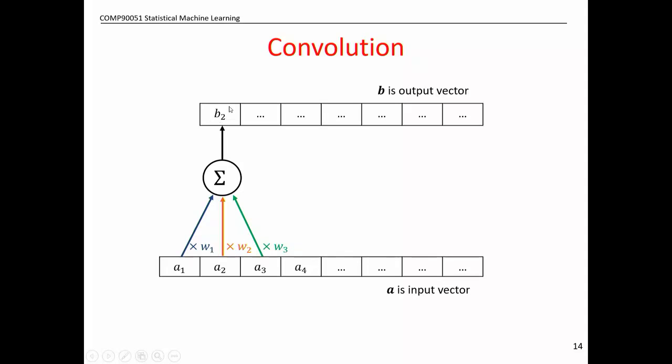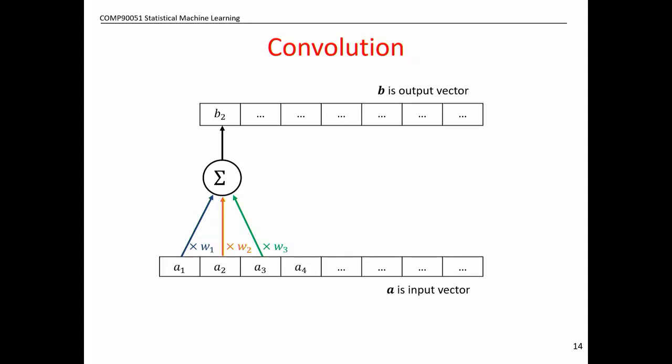But now to compute one of these inputs into the next layer, it's not a fully connected operation. So I'm not taking a weighted sum of all of the inputs. I'm just taking a weighted sum of a little window. And that's determined by how many weights I have. Okay, so in this picture I've got 3 weights. So the window is like, you could think of it as width 3. And I do my little weighted sum of W1, 2, 3 with A1, 2, 3, and that goes into this. Now there could be an activation function, etc. So that's one difference. It's not fully connected.